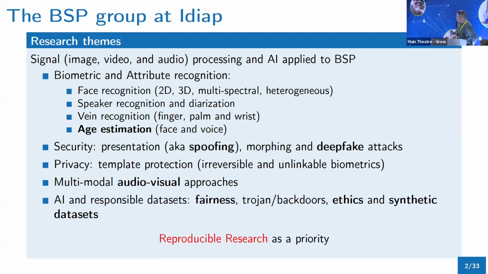Also, I wanted to introduce quickly our group at IDIAP. We're an academic group. We focus on biometrics, including vein biometrics, speaker and face, different types of face modality, because you have near infrared, 3D, normal imaging, videos, and then some spoofing. So basically, when you attack a biometric system or age assurance system, by attack, I mean you pretend to be someone else, not what you're supposed to be.